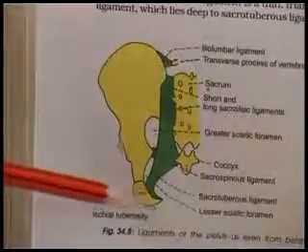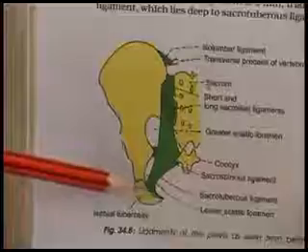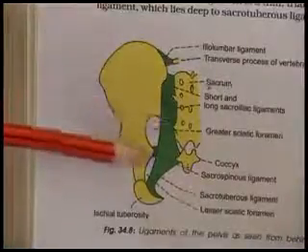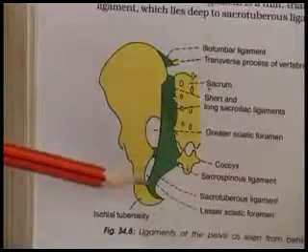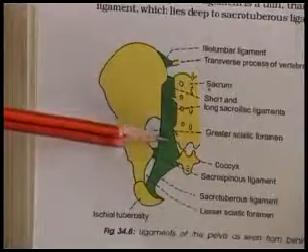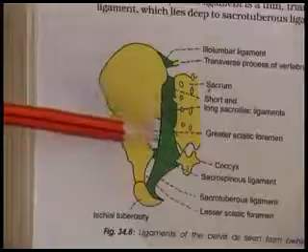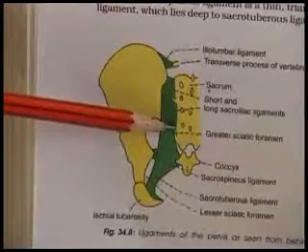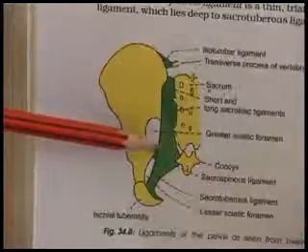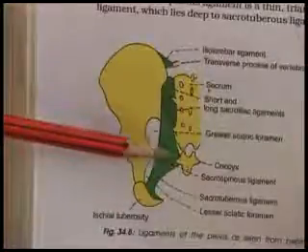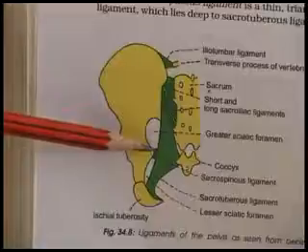Arising from the ischial tuberosity is a strong ligament, the sacrotuberous ligament. It passes up to the posterior superior iliac spine, the posterior inferior iliac spine, and to the back of the sacrum. Extending between the ischial spine and the lower part of the sacrum is a horizontally placed ligament, the sacrospinous ligament.